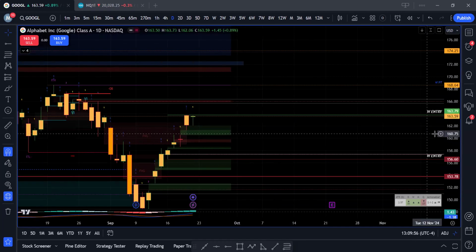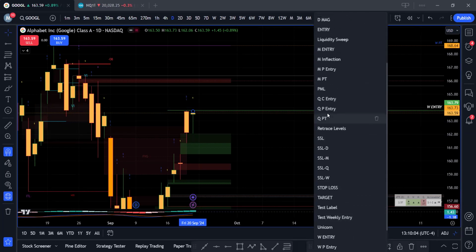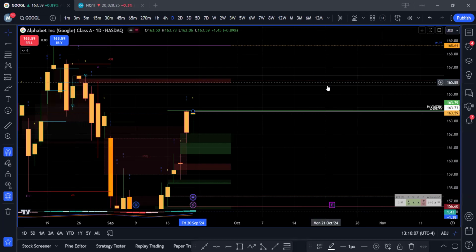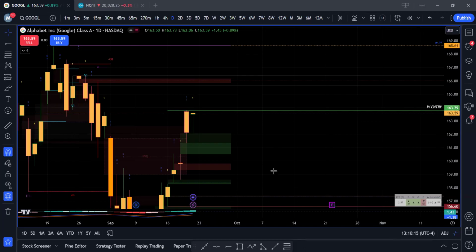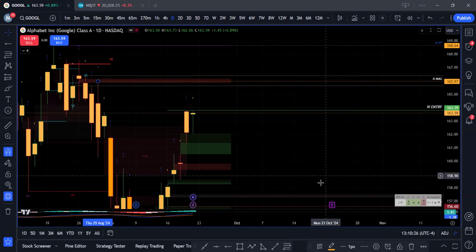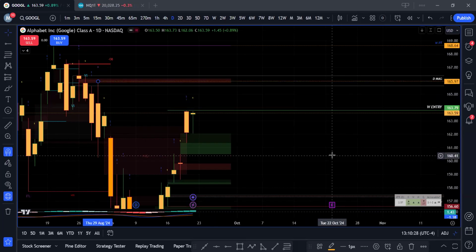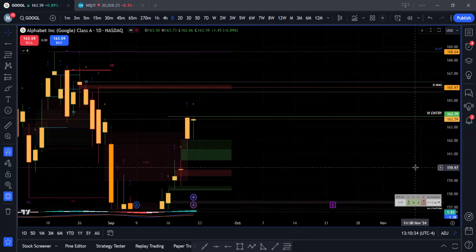But if you wanted to go with daily entry, the daily entry is just slightly below weekly entry. Put daily entry, where is it? So if you want to take the weekly entry, it's literally a difference of 6 cents. Just to keep the chart a little clean, I would probably delete it, but I'll probably take the weekly entry, and then your next target to the upside is actually going to be up here at 165. So if you wanted to do weeklies, 165, I mean, honestly, with its ATR, it could probably get to 170